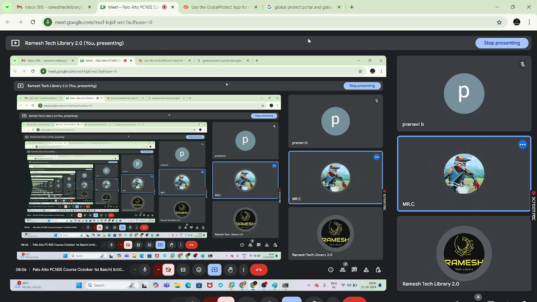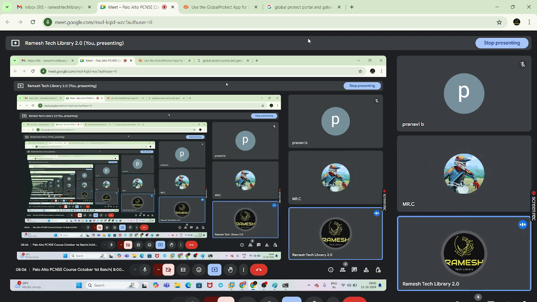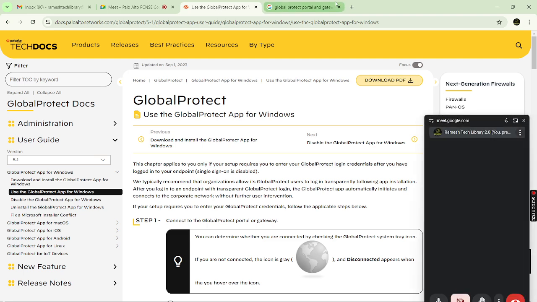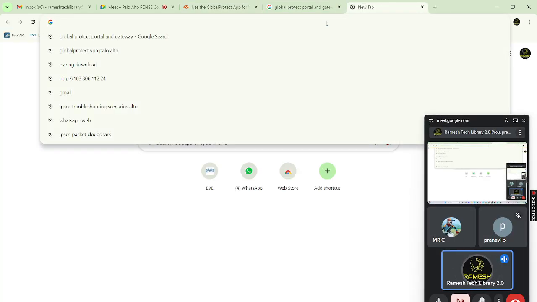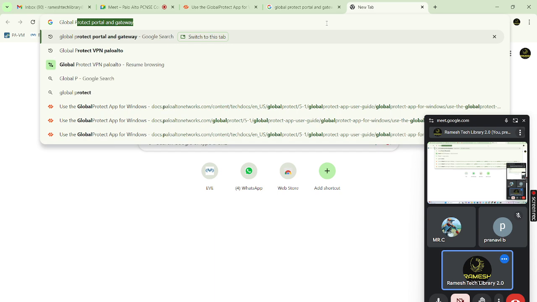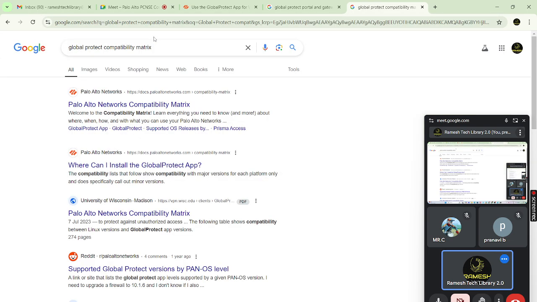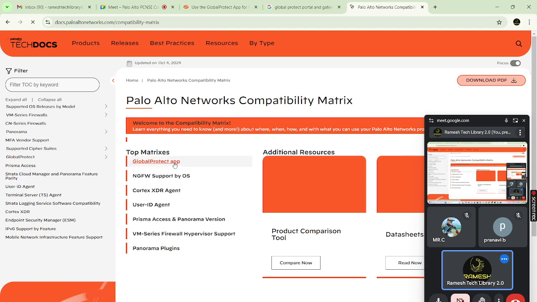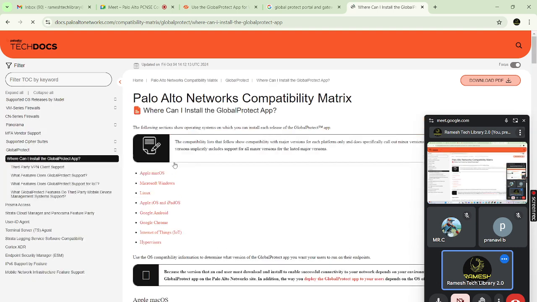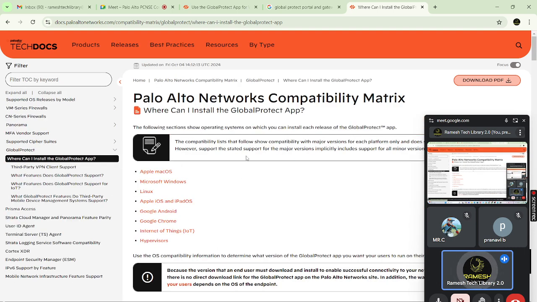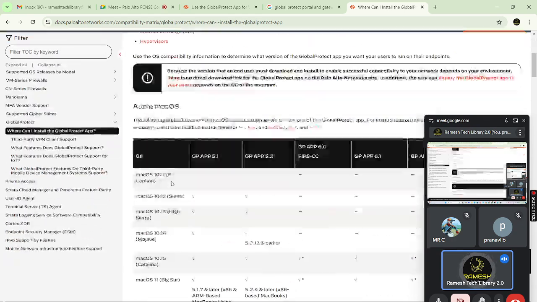Global Protect compatibilities are there, and that is also a good thing, and we have an option. There is a Global Protect compatibility matrix. For everything we have a compatibility matrix. If we go with Microsoft Windows,